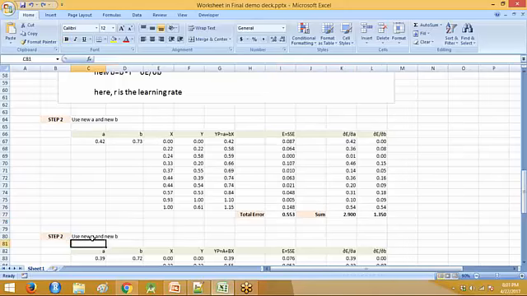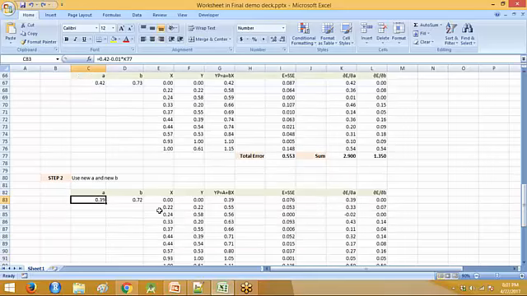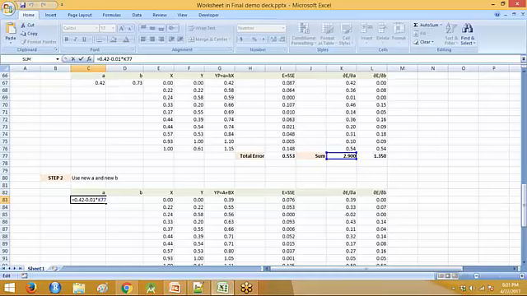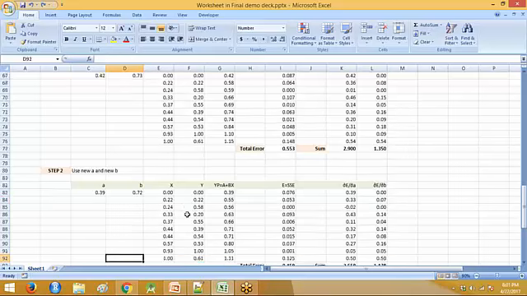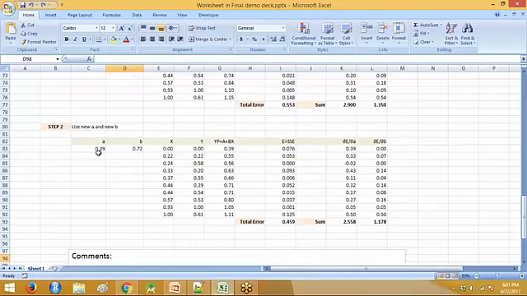And now we update for the new values of A and B again, where new A is the older A value, which is 0.42, minus the learning rate, which is 0.01, into the overall error change when A changes by a little bit. So now the value of A gets updated to 0.39 from 0.42, and the value of B gets updated to 0.72 from 0.73. And ultimately it will keep on updating till the values of A and B do not get updated anymore. And those are the optimal values of A and B that minimize our overall error.